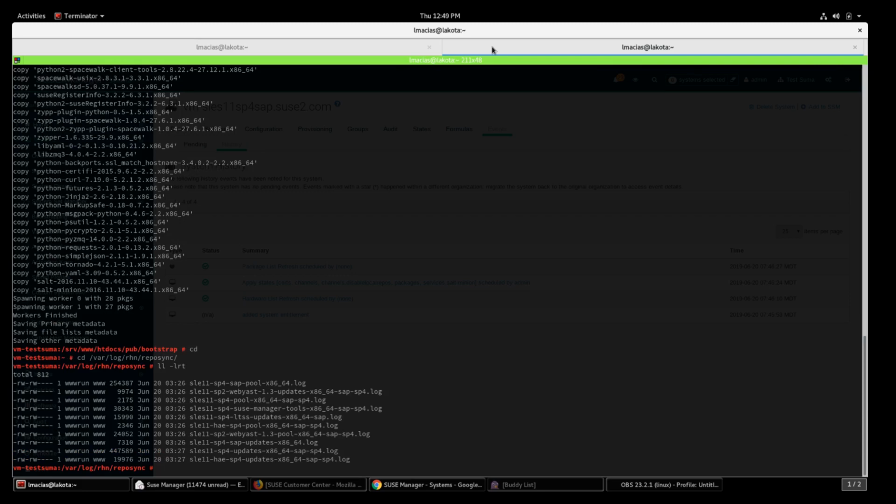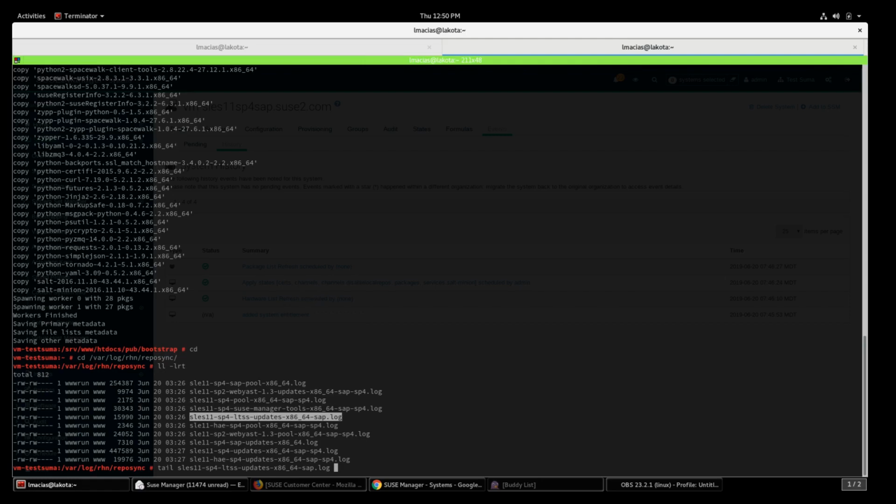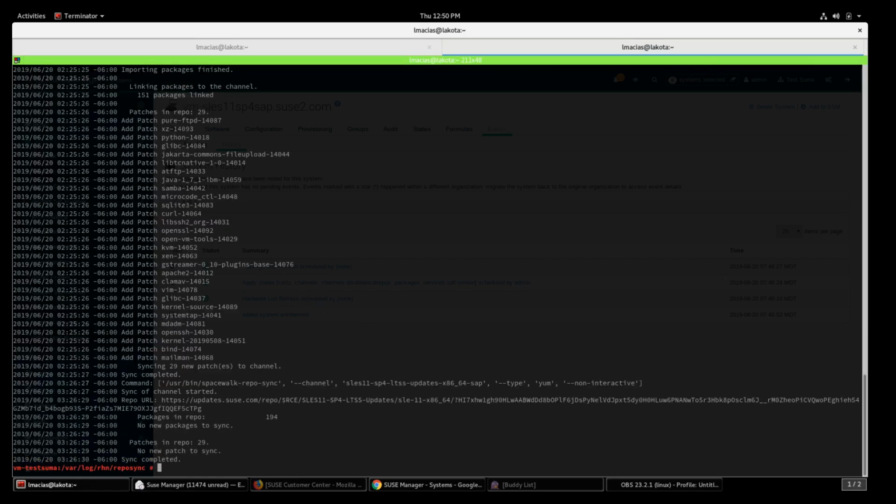What I usually like to do is, when I go and add a product and it's syncing up, I do a tail on that file so I can see it scrolling by as it's downloading packages. If you look at this, for example, we'll look at the LTSS, my favorite, this one, copy. Alright, so if I do that and push out the last 50 lines,